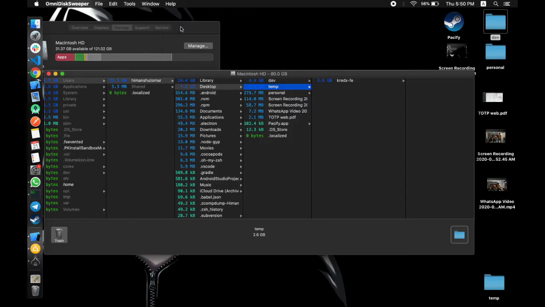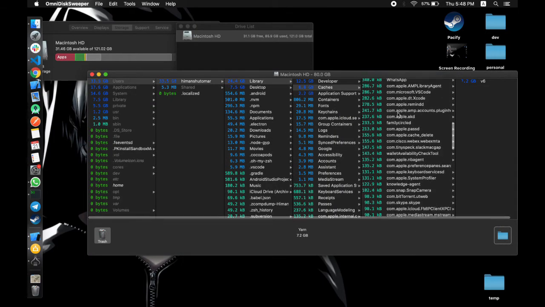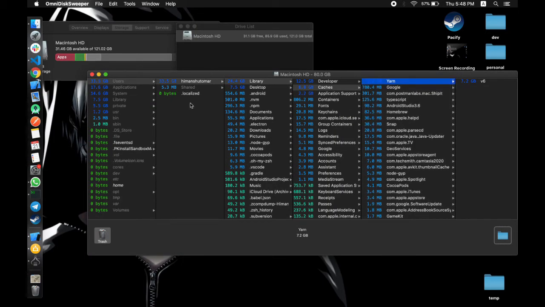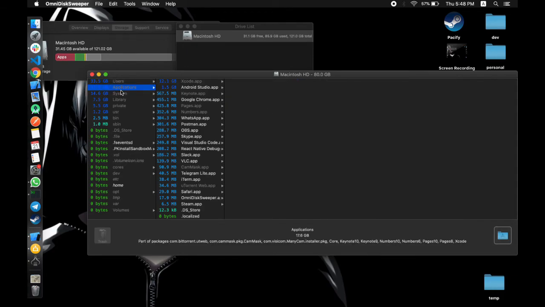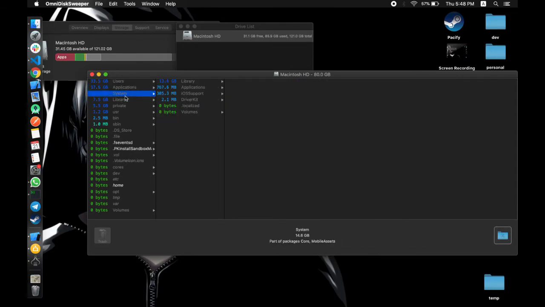Alright, this is one way. Similarly, you can look into other directories also. You have System. While going into System, you have to be very careful because these are all the system files. If you're deleting something, you have to be very sure that it's the correct file that you want to delete.